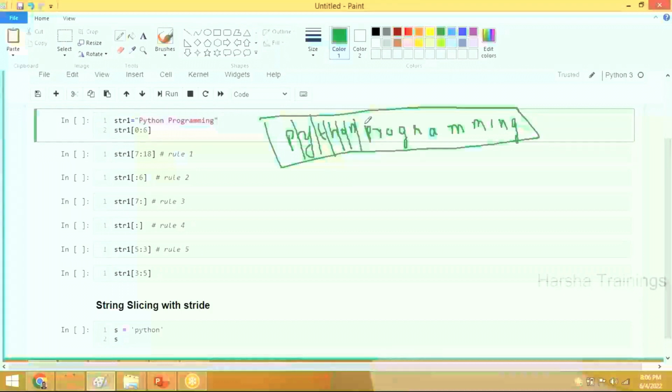PYTHON, space should be considered as one character, please. It is mandatory. PROGRAMMING. Okay, now forward indexing: 0, 1, 2, 3, 4, 5, space is 6, Hello, 7, 8,